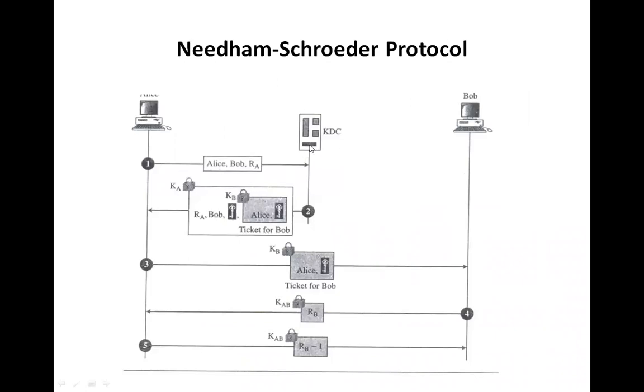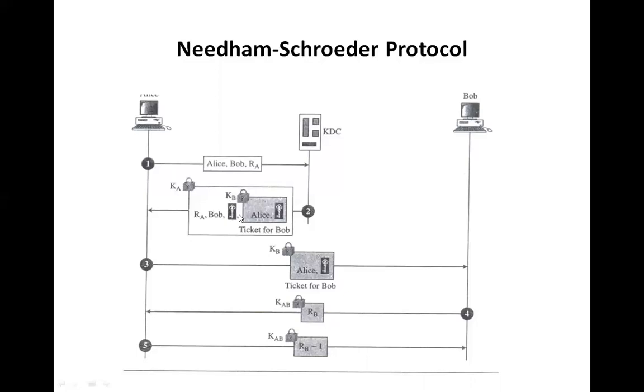When the authentication server receives these three pieces of information, it issues a ticket and encrypts the information: the random number sent by A, Bob's identity, as well as the key with which they can start their work,